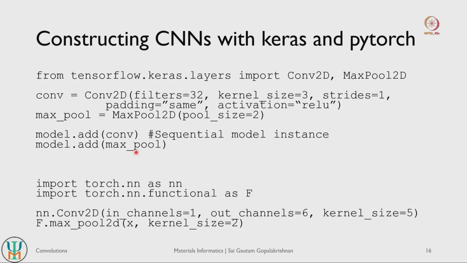and your pooling layer, and once you add a certain number of convolutional and pooling layers, you can then add a flattened layer which will flatten out your 2D matrix basically into a single vector, and then you can pass that on to a simple dense neural network.